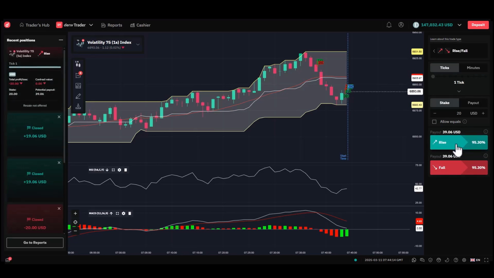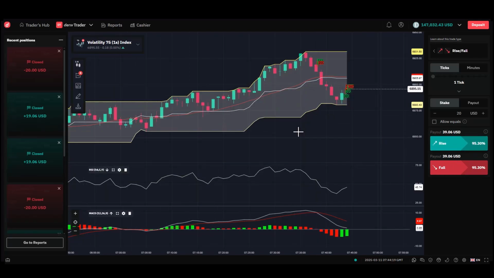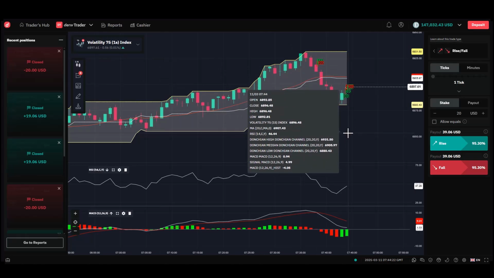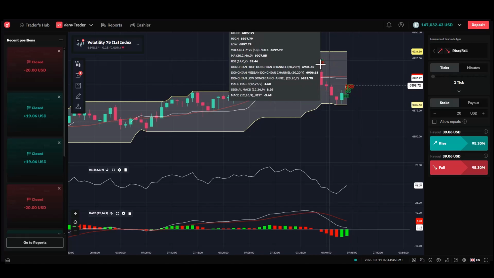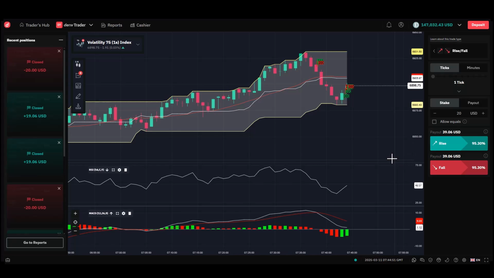Now remember what we're looking to do here. It's not necessarily, well, in this case, we're obviously at 95% return, but a lot of the time what I'm doing with options trading is looking for a higher return, and it doesn't matter if I lose more trades. So example, let's say I lose 7 trades and I lose $10 on each trade, but then the 2 that make like $100 each, then of course I'm up, yeah? So it's not necessarily about wins or losses. Obviously some traders prefer to get consistent wins, and in this case this is the sort of thing we're looking at here. So let's just do one more trade as an example,